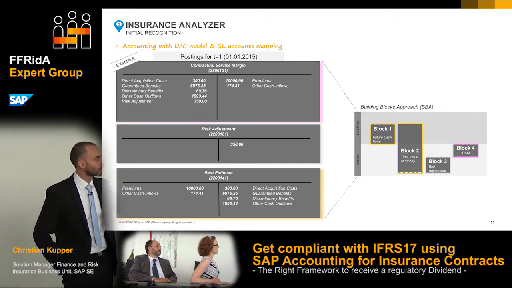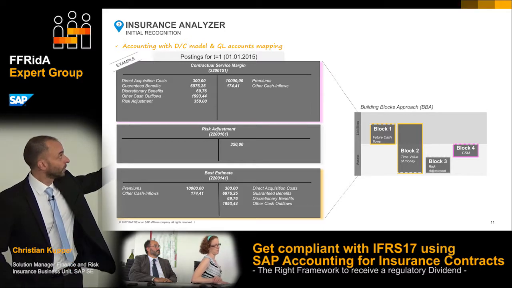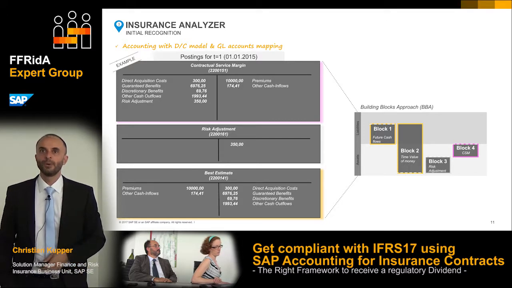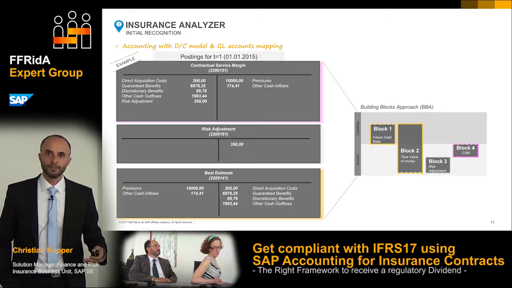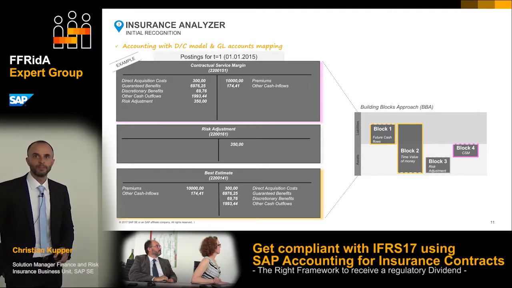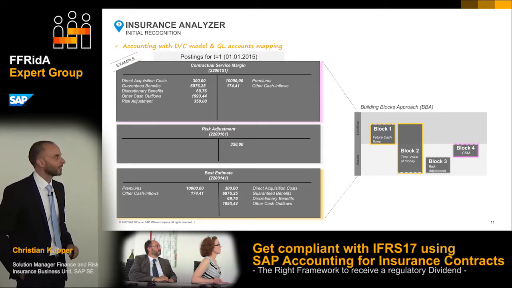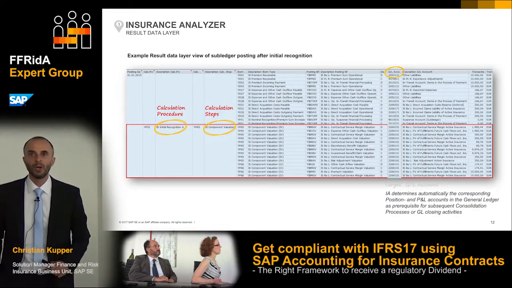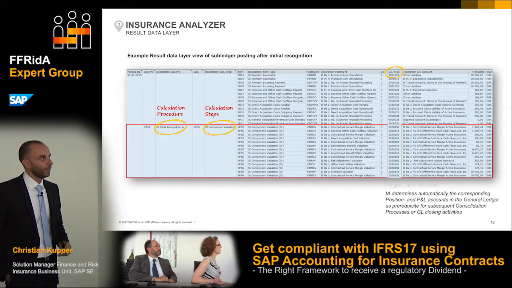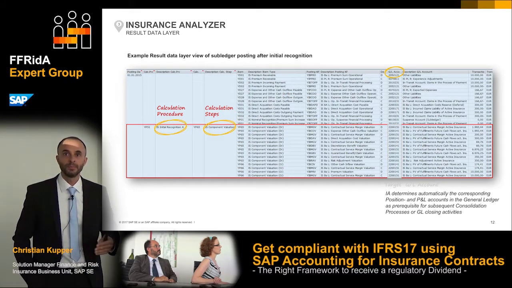These T accounts illustrate a bit how that looks in general. The residual of all these debit and credit entries shows whether the contract is positive or negative. If it's negative, it has to go through P&L directly. If it's positive, you have to build up this initial recognition and release it over time. On the next slide, we will show this to you in the system in a minute. You see all these debit and credit entries that have been calculated by the system.